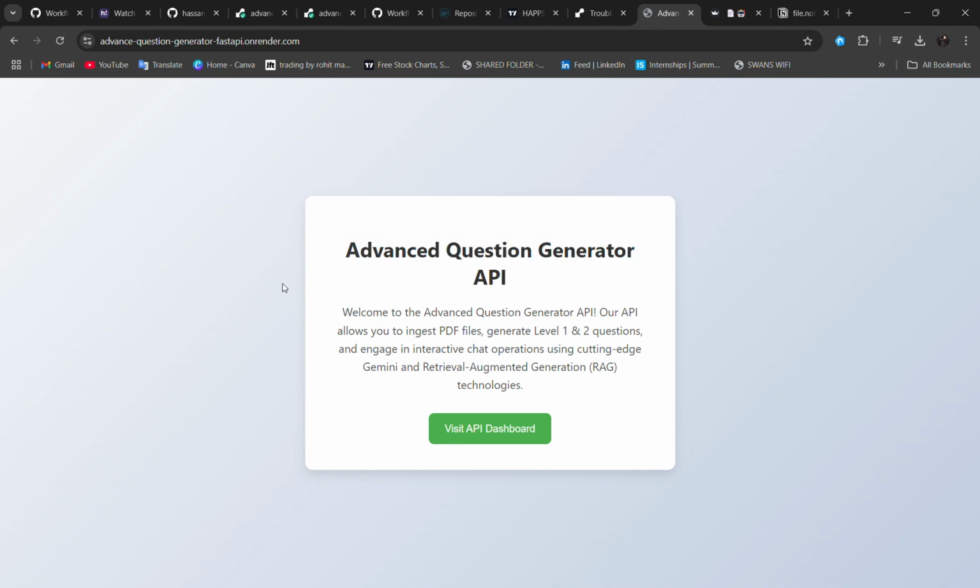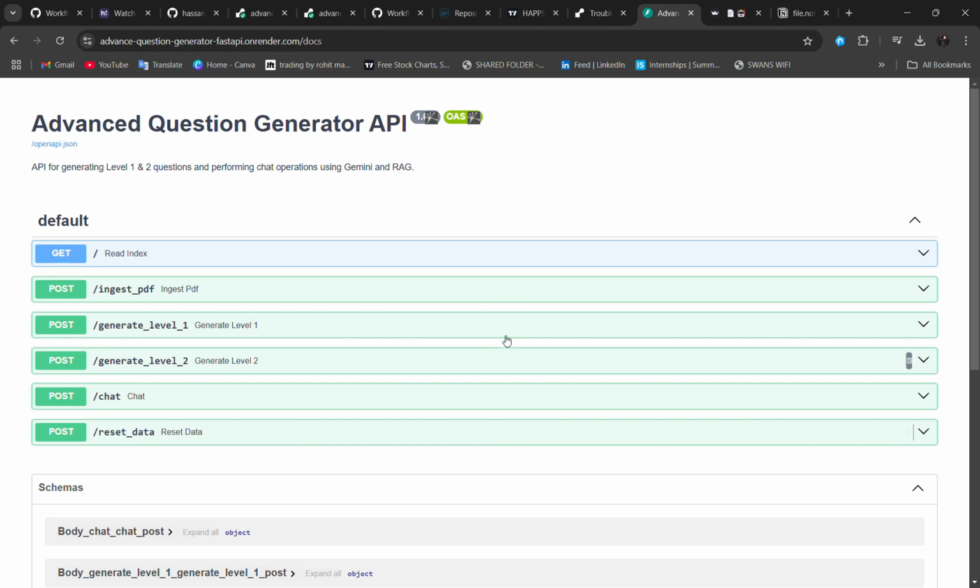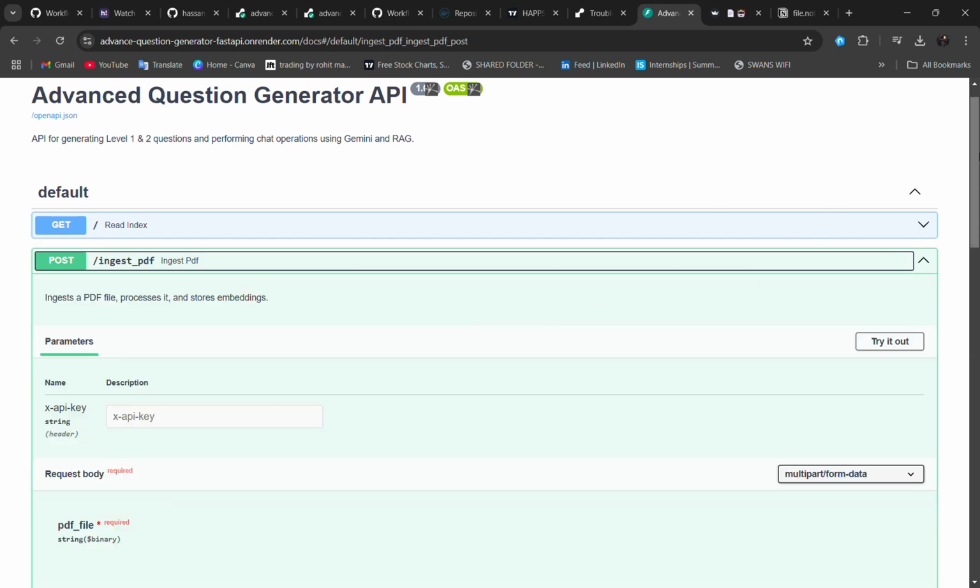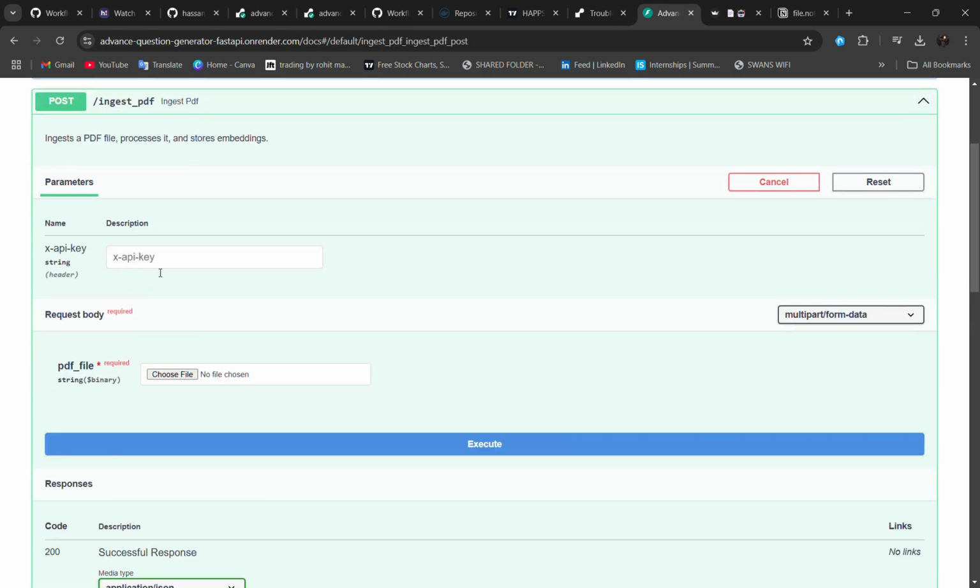So you can come here, and this is the basic get HTML gateway page using the GET API on the server. And this is a Swagger UI that comes by default via the FastAPI index. So we have similar functions here. You need to ingest a PDF first. You just have to click try it out, paste your API key here. Yeah, you can paste your key here, and then choose the PDF file here,